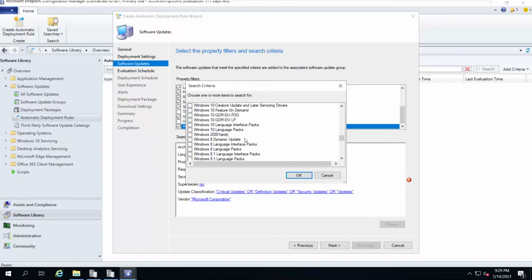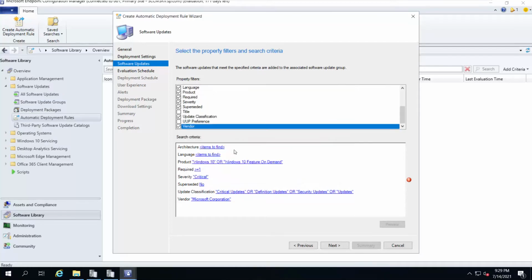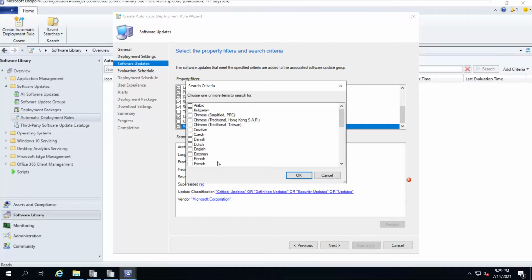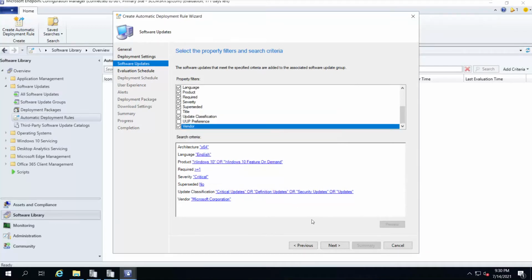So let's say I need related to 8.1 also, or maybe Windows 10 features on demand. I can select this also, or creators and later servicing drivers. So I'm saying features on demand and Windows 10. Then language, I am defining English, and architecture, I am defining 64-bit.